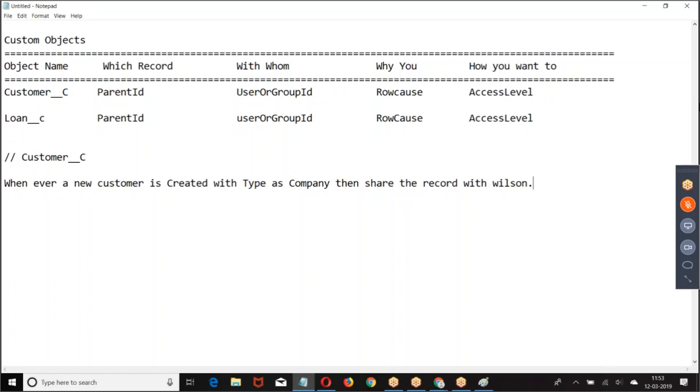I was able to see standard object share tables like account share and contact share, but for the custom object I have created, I cannot see that share table. You cannot see it here. You have to go to the workbench or write a program to get the list of all the objects. Okay, got it. Thank you.